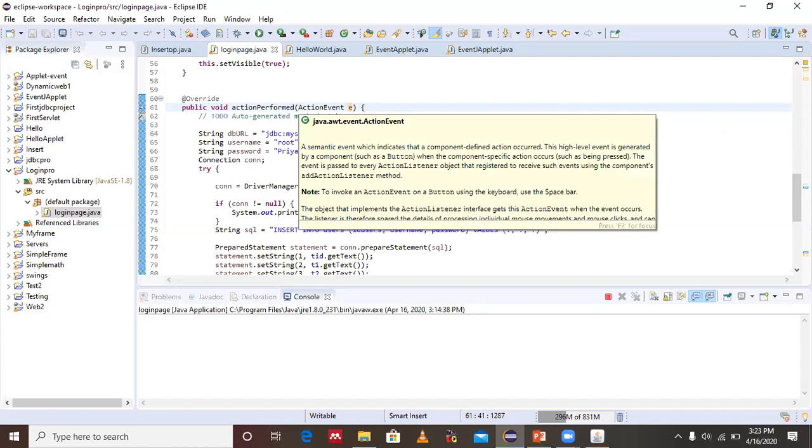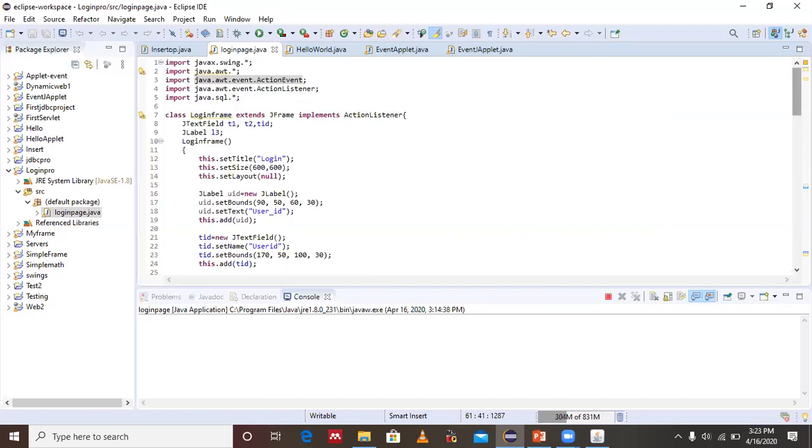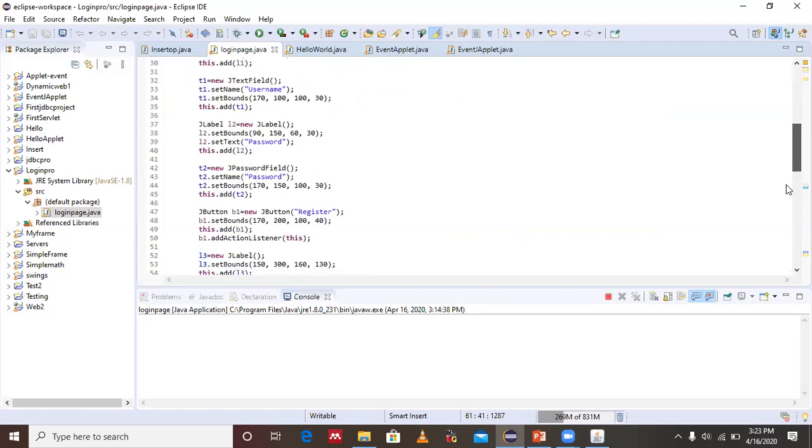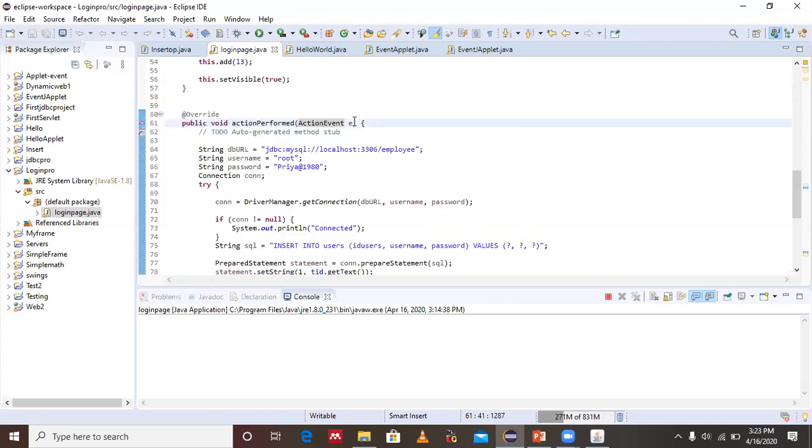For this particular class, you have to import java.awt.event.ActionEvent. Now this ActionEvent object contains the information about on which source the event has taken place. So in our case, our source is button b1. And it also gets the information about which type of event has occurred. So we want to go for the on click event.